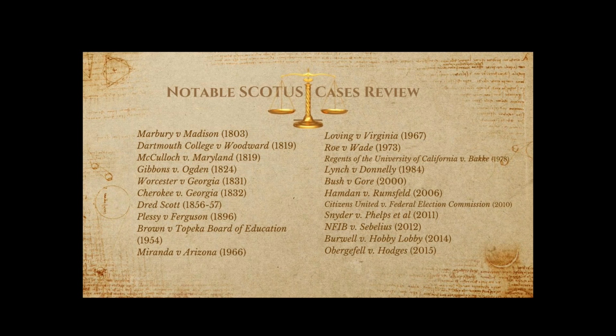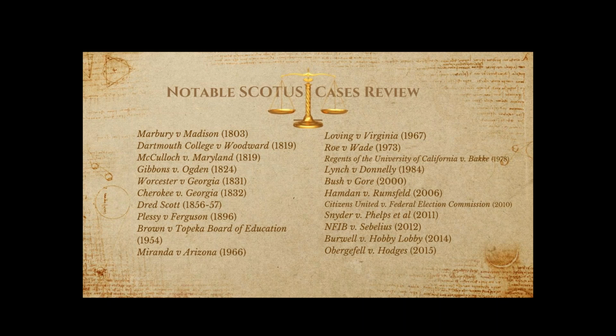I'm sure there are more. I'm not perfect, but certainly Marbury versus Madison and Dartmouth College versus Woodward, McCulloch versus Maryland, and Gibbons versus Ogden. Those are fundamental cases. I think Worcester and Cherokee versus Georgia, those are interesting in terms of the battle between the judiciary and the federal and states' rights. We have the dark stains on our legal history in terms of Dred Scott and Plessy. Fortunately, Brown versus Topeka begins the process of